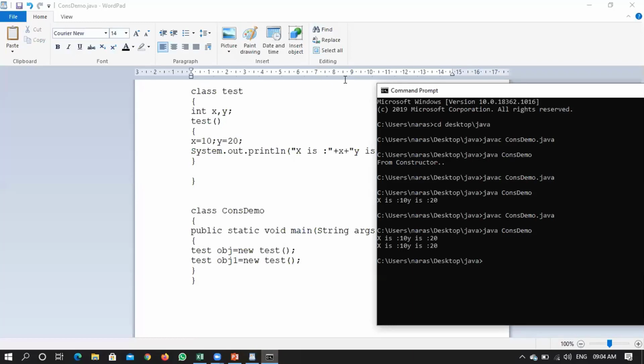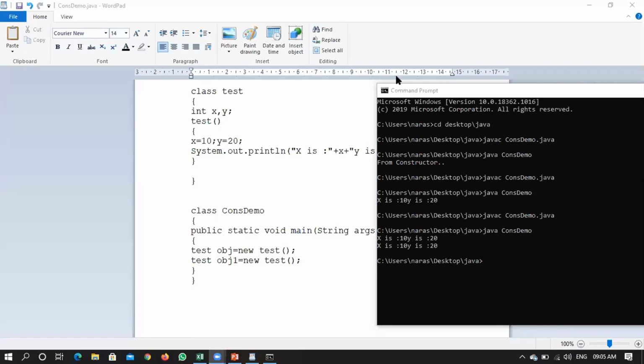Can a constructor return any value? No, a constructor cannot return any value. You cannot write any return type for a constructor. With respect to this particular example, we can slightly modify this one according to the requirement, and then we will see the advanced version of the same program. Slight modifications. Shall we change the program a bit to understand it better?